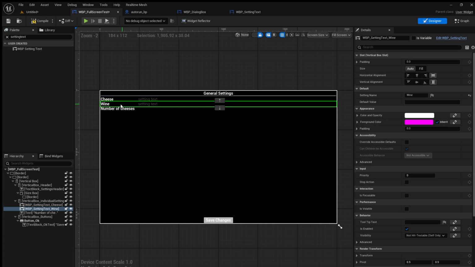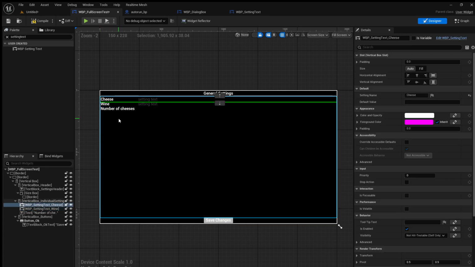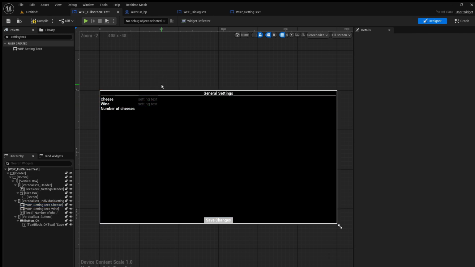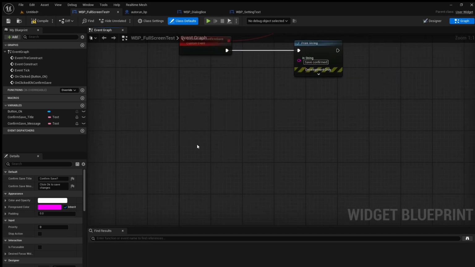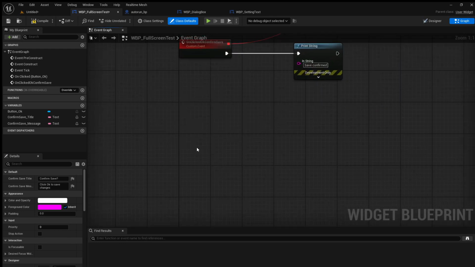And what you might want to do then is, I'm just thinking how best to, so you could use the dispatcher to tell the parent widget when a setting's been changed. That's a bit of a faff to bind to it. You might want to have something where the setting widget's only ever going to be used with this parent widget. Then you might want to make some assumptions about what events you can call in the parent. So, not sure about this. It's not ideal, but as a way to quickly get some results, custom event,